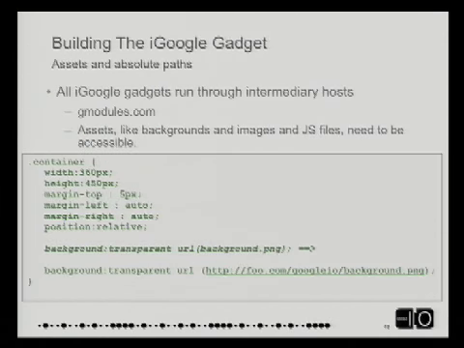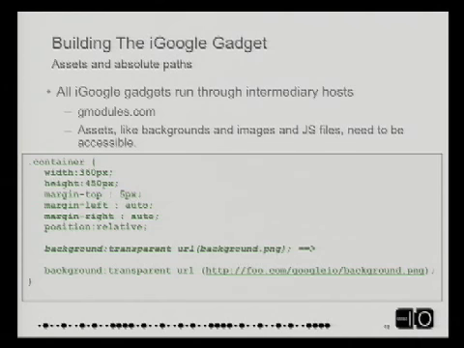So remember that all iGoogle gadgets run through intermediaries. So when you're on your local machine or you're on your own host and you say, oh, load this image, foo.jpg, foo.png, and you just use a local relative path, that doesn't work in iGoogle. So a lot of times the first thing people do is they'll do that and then nothing comes up. Their CSS doesn't come up, any of the images, and so it looks like the thing's totally broken. So the first thing you need to know is that when iGoogle takes this data, it's going to be vending it from gmodules.com or a whole bunch of content versions, 6.gmodules.com, things like that.